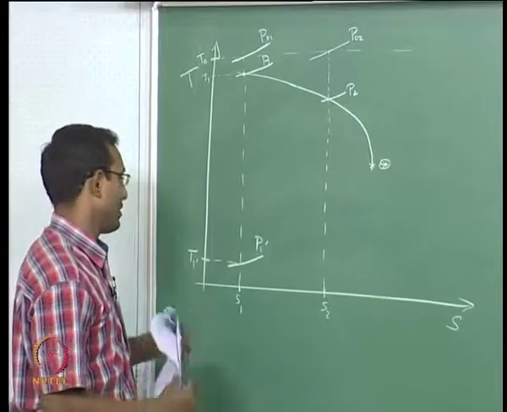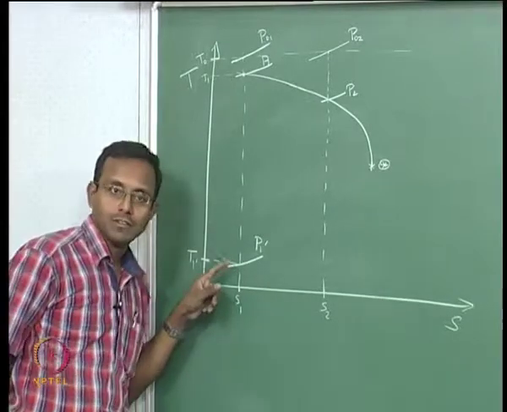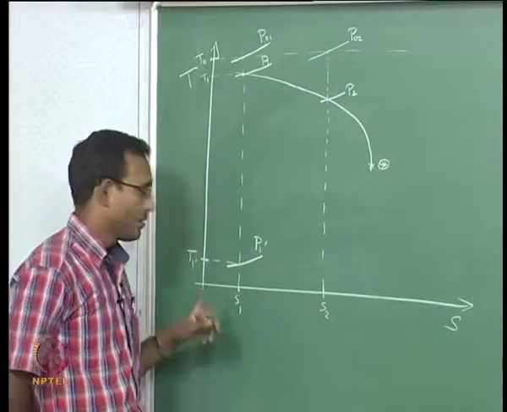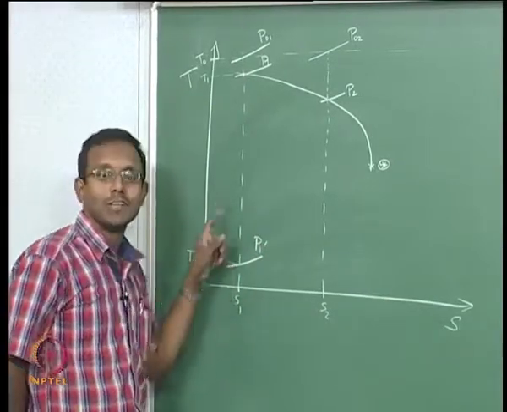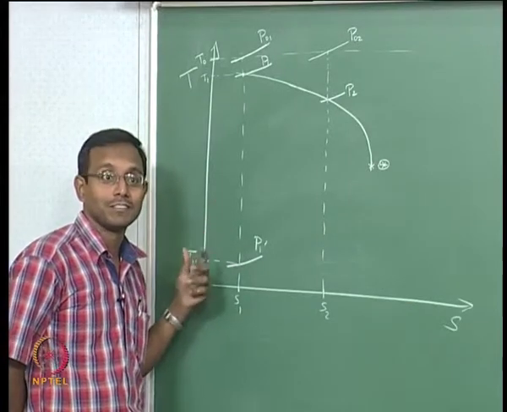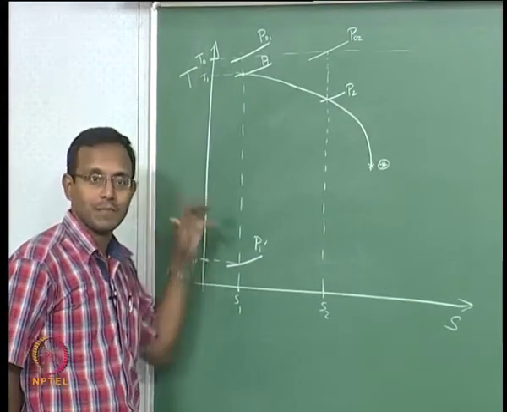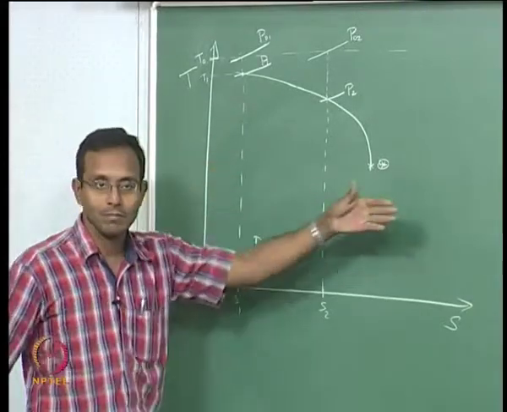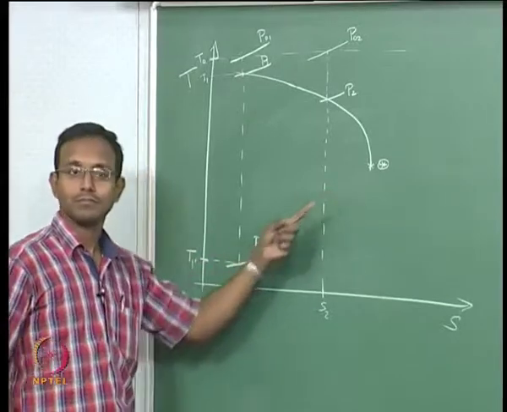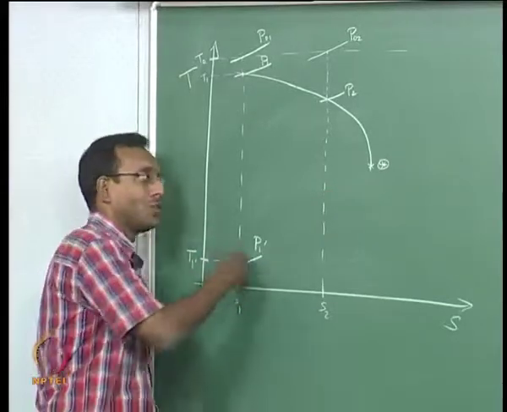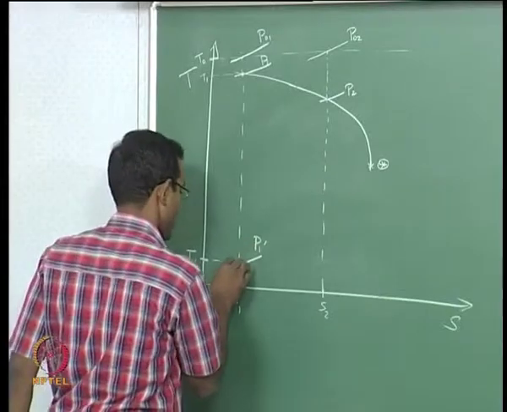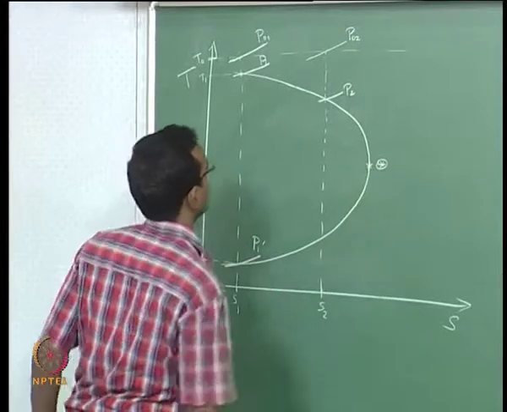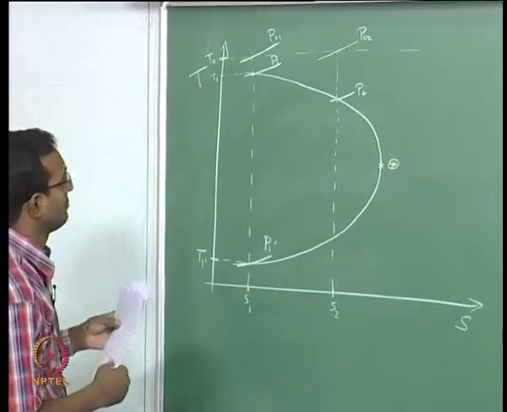If I start here, I know in supersonic condition, of course along my duct my entropy increases, but my temperature will also increase. Why? My Mach number decreases. Mach number decreases, temperature increases. So I am going to go higher temperature, higher entropy. So I have to go this direction. And again we know that when I go closer to M equal to 1, the sensitivity is higher. So that particular curve looks like this. The curve looks something like this.